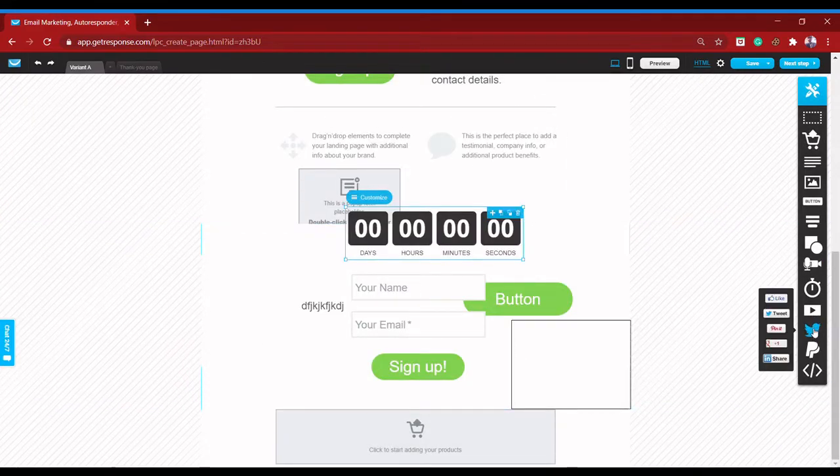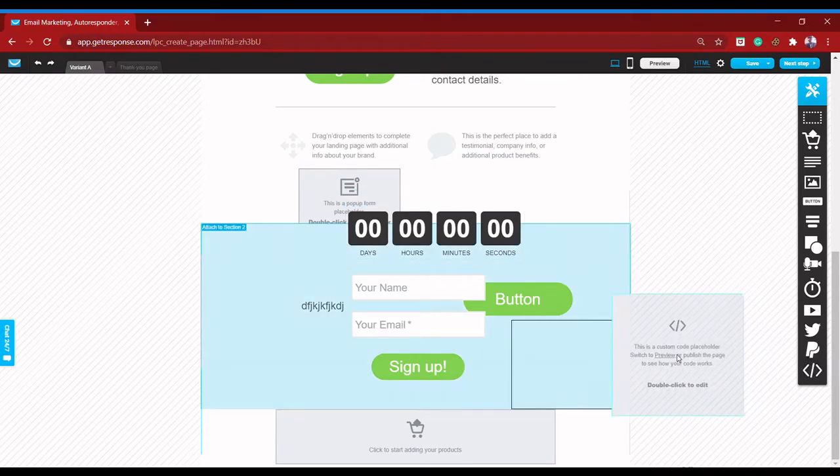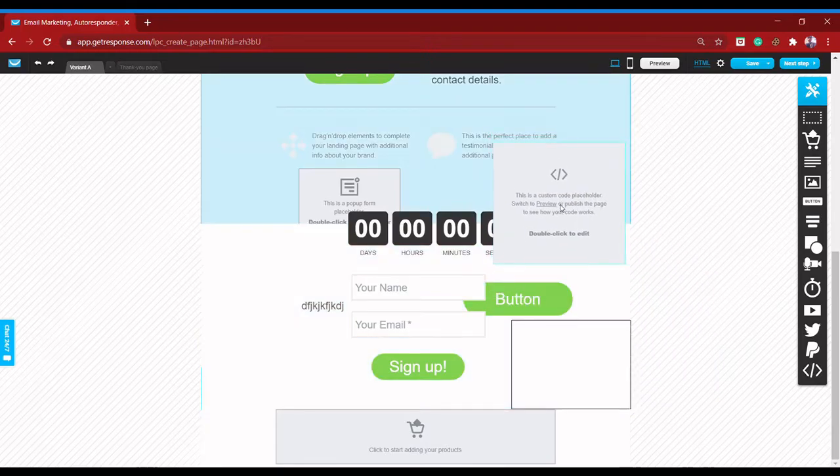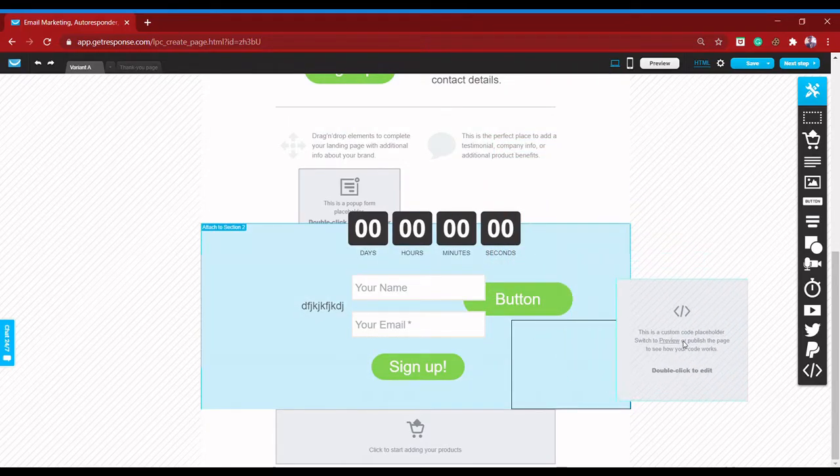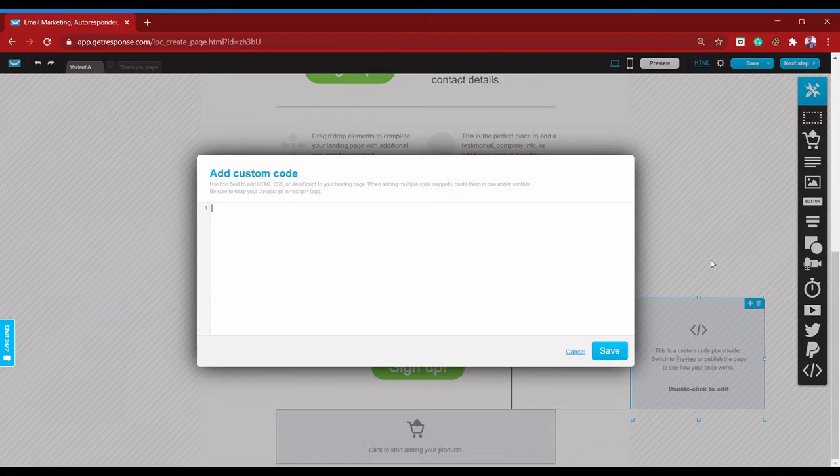You can add videos, Twitter, social links, and PayPal buy now options as well. This option goes with the integration. You have to add a PayPal to use this, and you can add your custom HTML codes as well. Just a simple drag and drop feature. As simple as this feature, you can design your landing page.